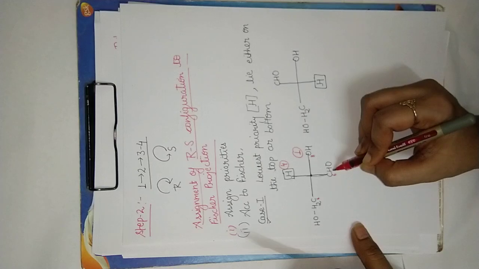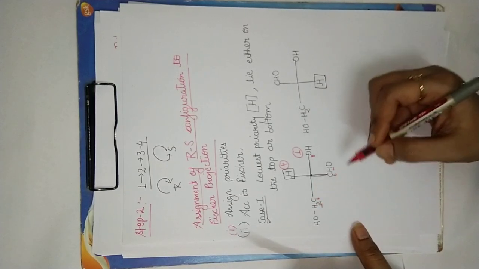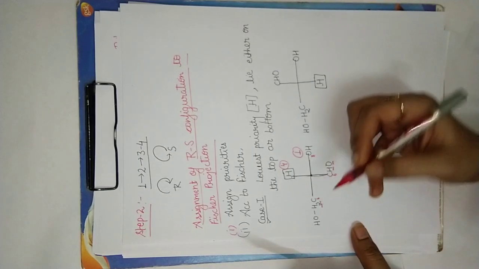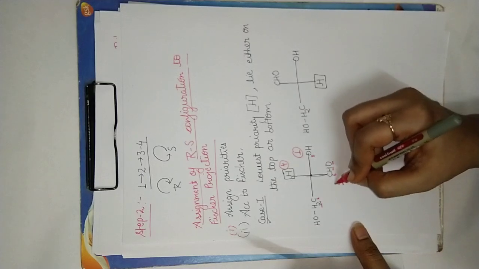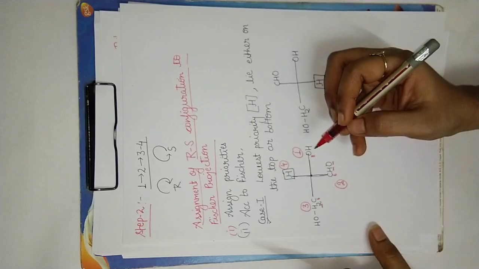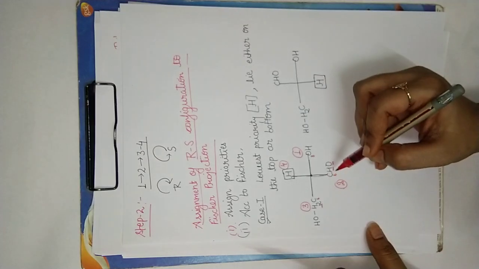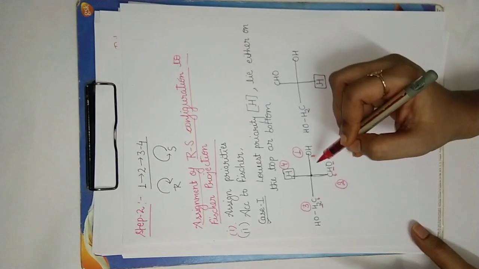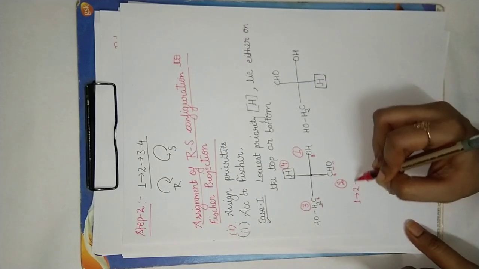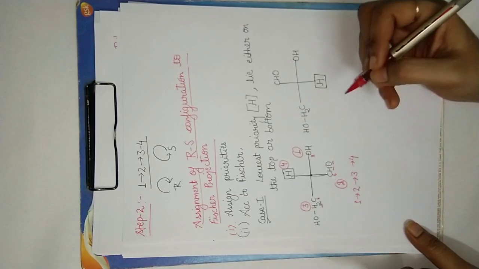Then coming to the next atom, it is hydrogen. The next atom is also hydrogen. Coming to the next atoms, this one is oxygen and this one is hydrogen. That's why it will get number 2 and it will get number 3. And move your eye, the third step is to move your eye either in clockwise or anti-clockwise, always 1 to 2, 2 to 3, and 3 to 4. It is always like this.